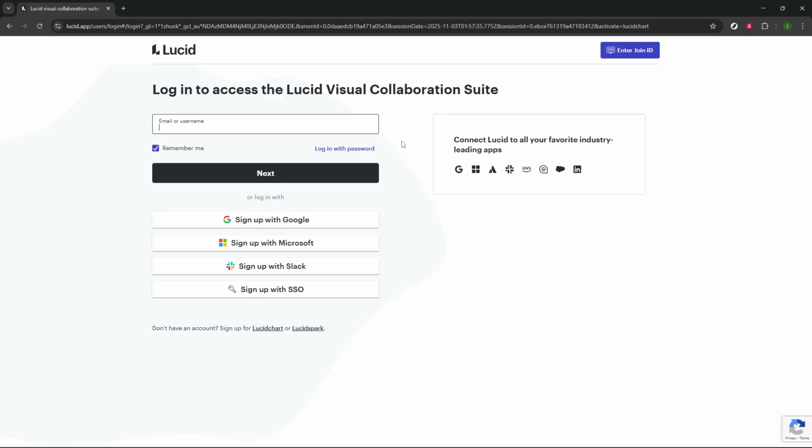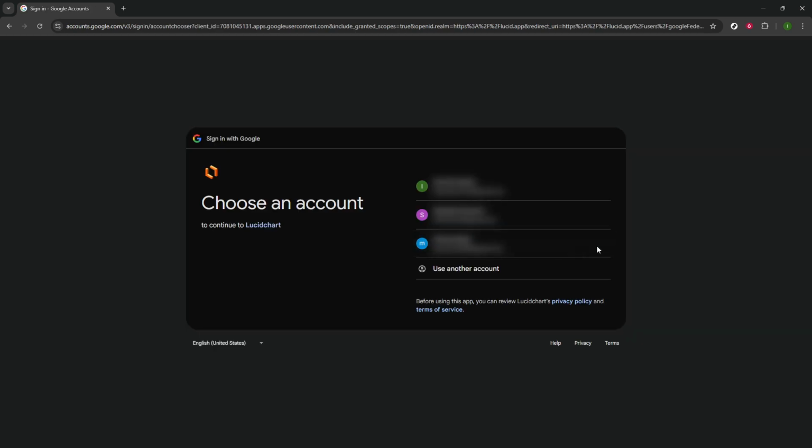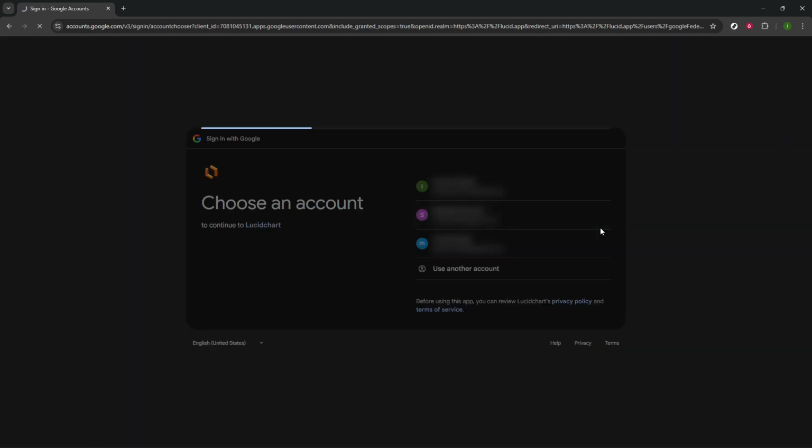After clicking Login, you'll be presented with a few sign-in options. For simplicity, let's use the Sign Up with Google option. This method can save you time because it uses your existing Google account information, sparing you from having to remember yet another password. Click on Sign Up with Google, and you will be prompted to select your Google account. Choose the appropriate account from the list that appears, and follow any additional prompts to grant permission and finalize the